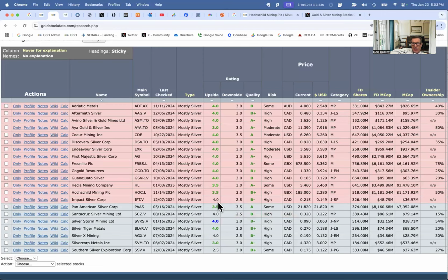Then this thing will likely jump from 4 to 3, turn green, and go to B plus once you get to say above $35 silver. As an investor, that's what you want to look for. You want to look for these turnaround stories that are ready to turn, if you will, with a ton of leverage. Pan American,